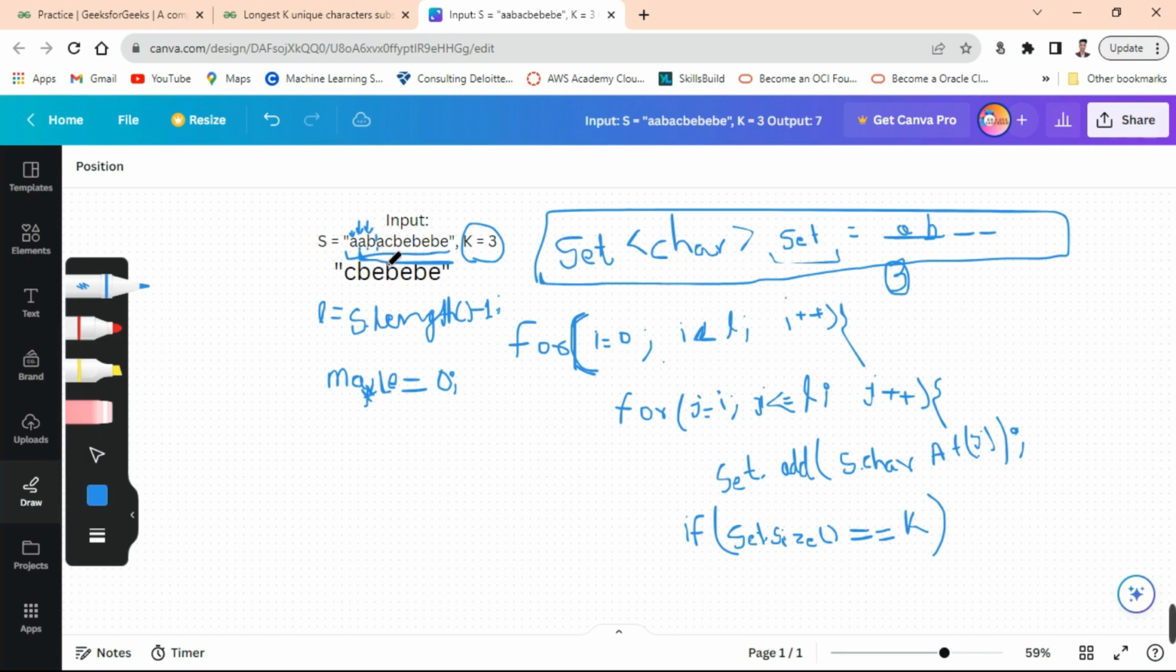Just like this one, a will also come, already presented. And after that c, it will become, c has not been presented, so c will be stored. So you can see here the size has reached 3, so there is no need to check more. And we will check inside the if condition how much length we can find,